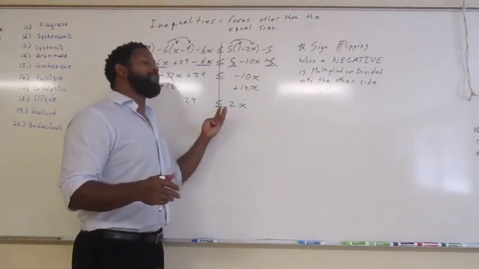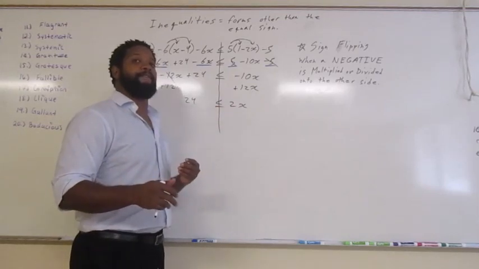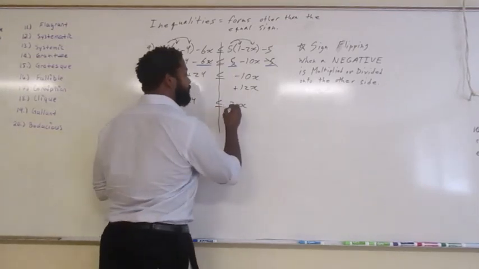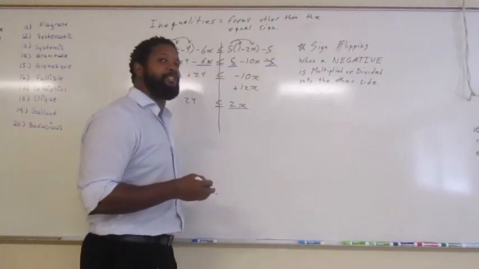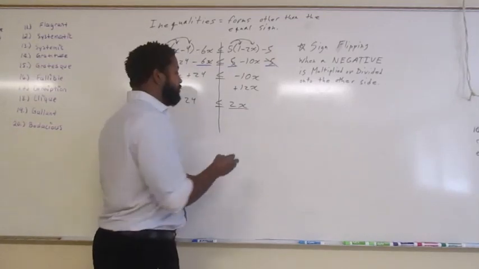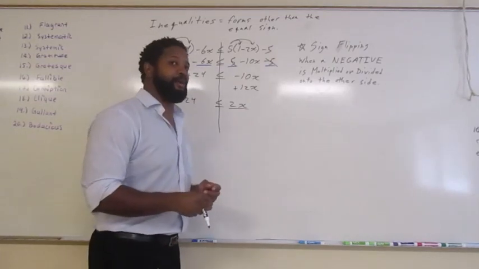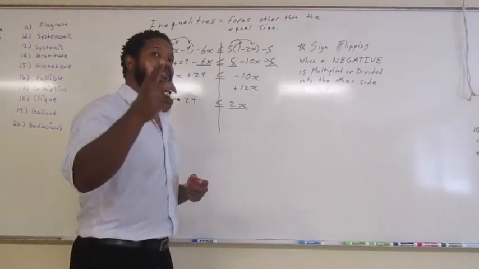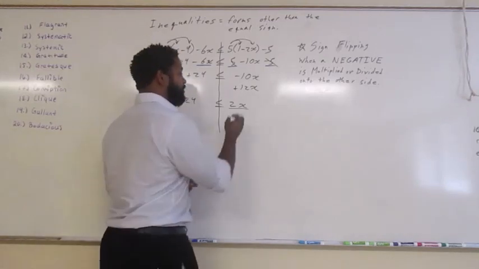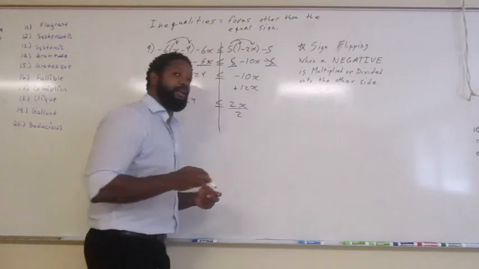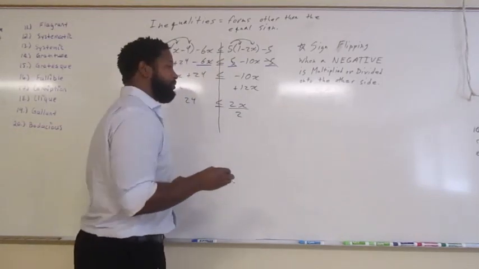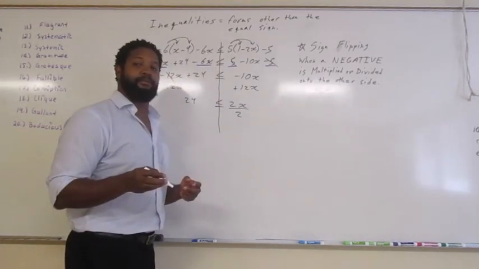So, what is the opposite of multiplication? Division. So therefore, in order for us to get this x by itself, what do you think we need to divide? 2 and 24. Yes, the 2. And what you do on one side,